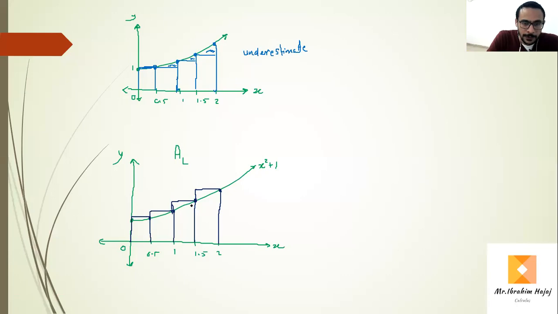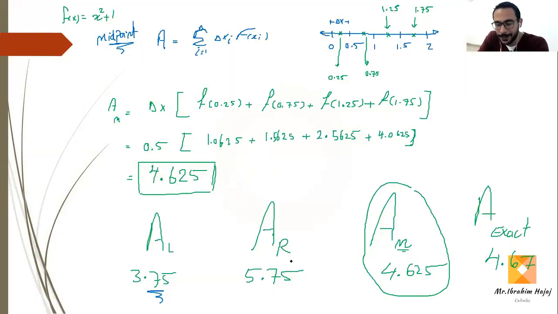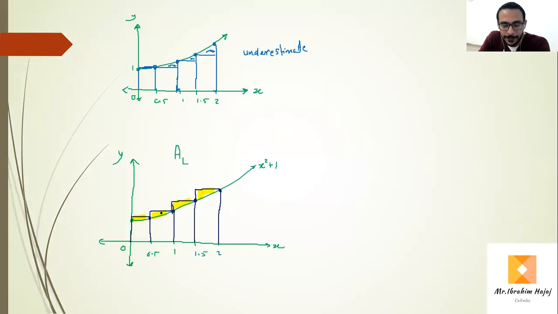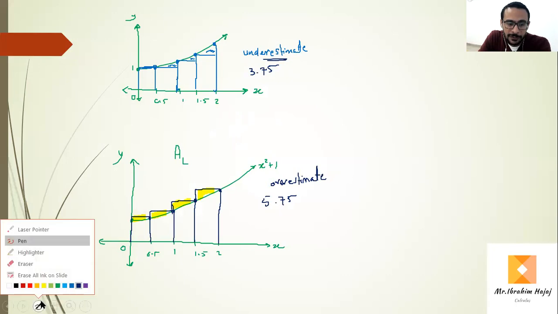What do you notice, guys? Now you will find that all rectangles have a part above. That's why it's an over. That means part of the area you calculated is above the curve, more than the actual area under the curve. So that's why it's an overestimate. Okay, we move back: the right area is 5.75, meaning there are extra parts you don't need. Overestimate 5.75, and this one is 3.75 which is an underestimate. This one is an overestimate. And if we graph the mid one,